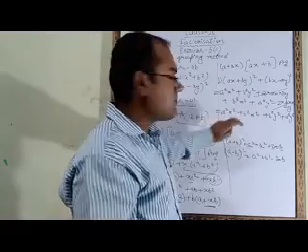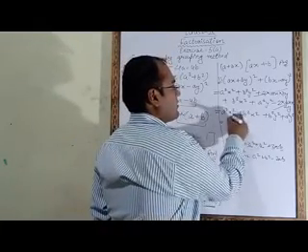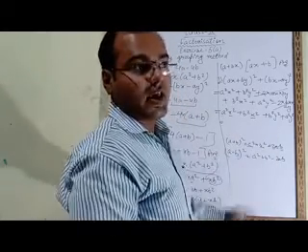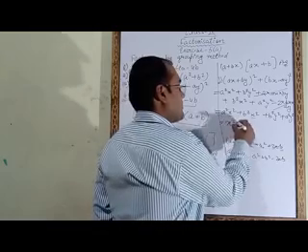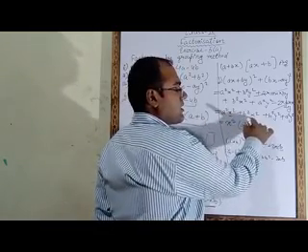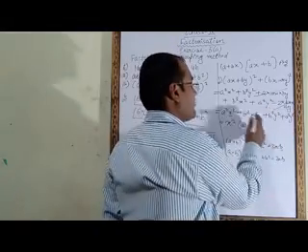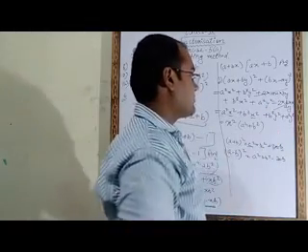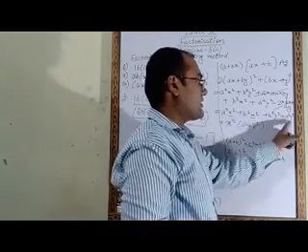Now we will take common. From these two we will take what common? What number common? X square we will take common. After taking x square common, what will be remaining here? A square plus, from here also we will take x square common. What will be the remaining number? B square. From these two, y square is common in both.